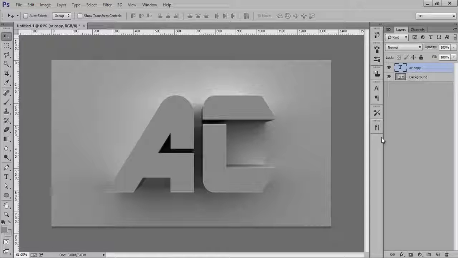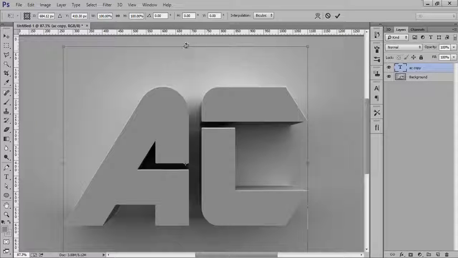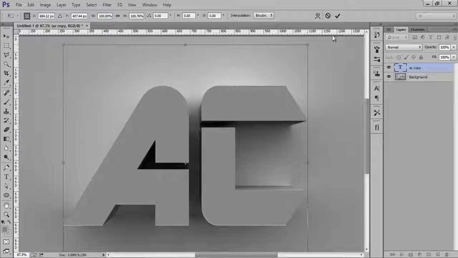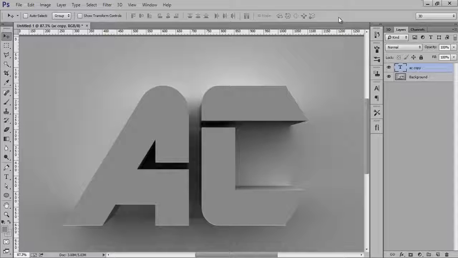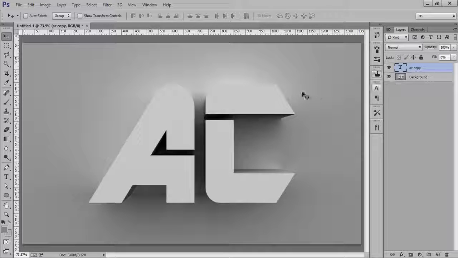That's very fine. Now choose move tool and you can move it in any direction. Okay, that's fine. Now this is very accurate. Now fill I want 0 for this.